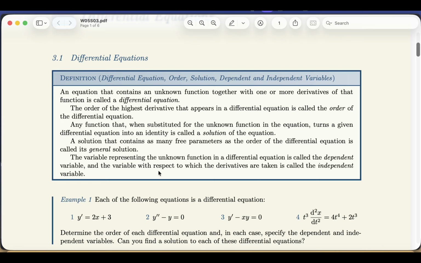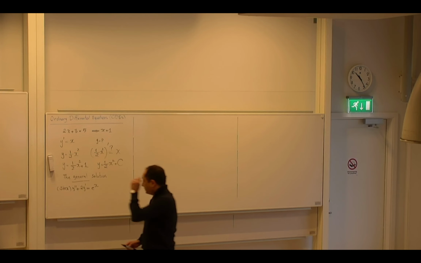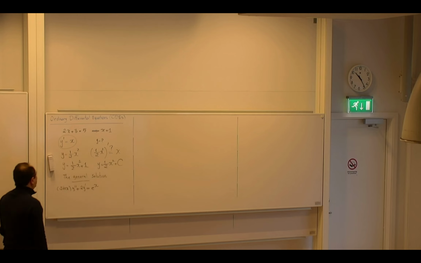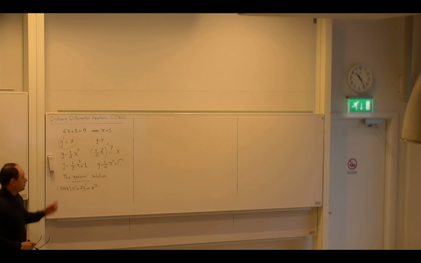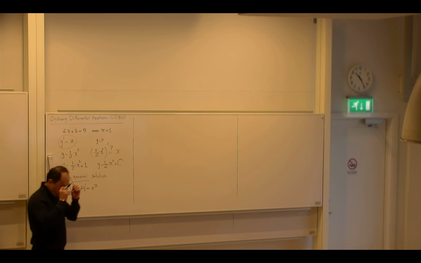And the variable with respect to which the derivatives are taken is called the independent variable. Okay, so if I want to explain the last item here, if I tell you here which one is the dependent variable, because we have two variables in this equation, one of them is y, the other one is x. Which one is dependent? The one which represents the function is dependent, the other one is called independent. So y is the dependent variable and x is the independent variable. Okay,